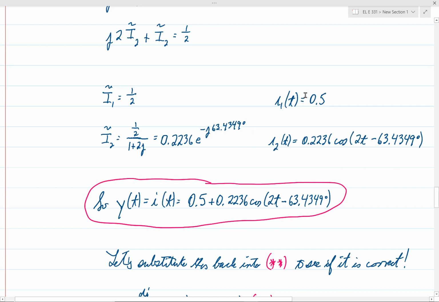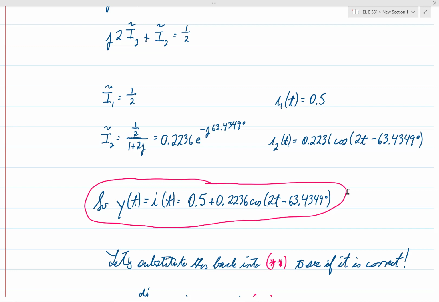And then y of t is equal to I of t, which is just the sum of these two components. So we get 0.5 plus 0.2236 cosine of 2t minus 63.4349 degrees. Okay, so that's the end of the problem. That's our solution. But just in case you're interested, let's see if we can check this and see if it's